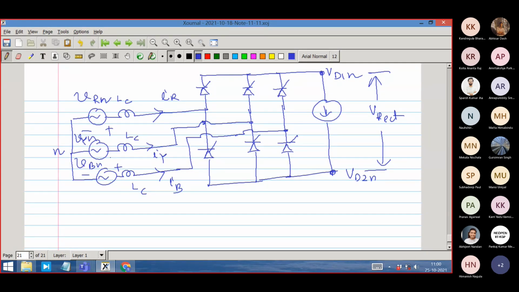To shape the current into a sinusoid, the better method is to connect more than one three-phase bridge in cascade and then shift the firing angle. That will improve the quality of the current at the input side. It will still have steps, but the steps will be such nice steps that it will resemble a sine wave. That is a very important part of understanding a thyristor converter, and we will learn it in the next class, that means Wednesday.